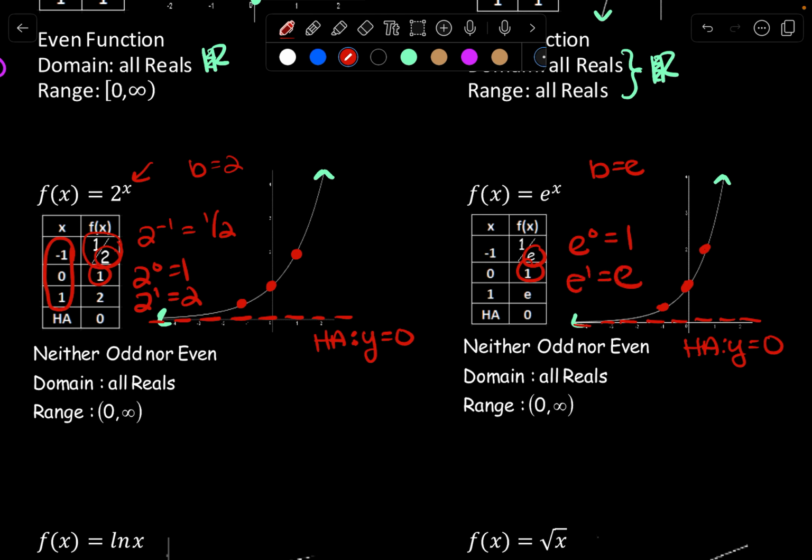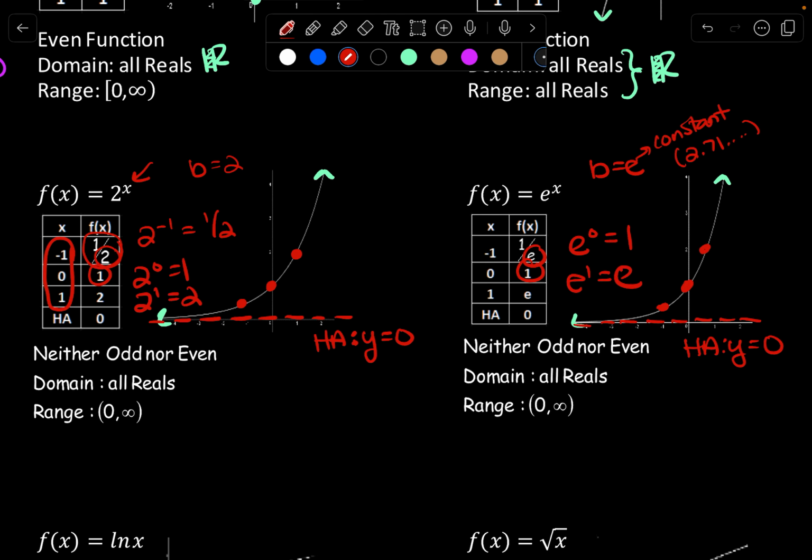E is not a variable. It is a constant. We'll talk more about it, it's called Euler's number, but it has a value of 2.71 and it goes on. So that is a constant. It is not a variable. Both of these are